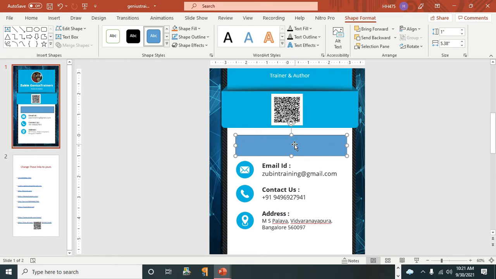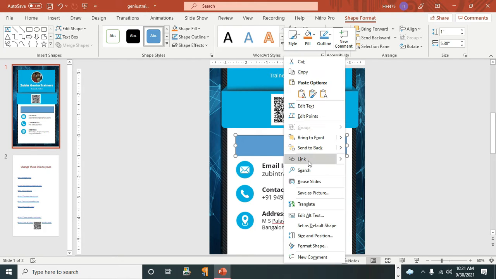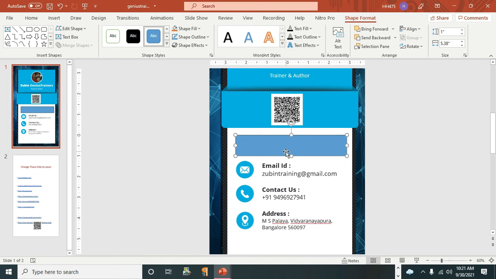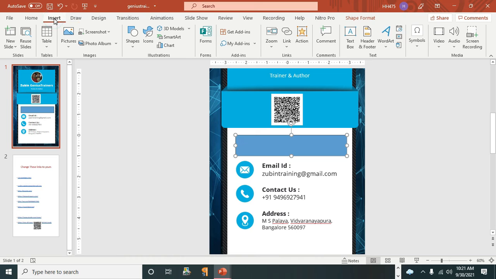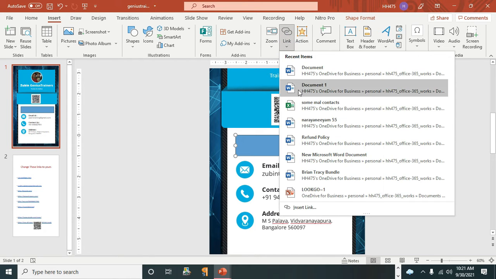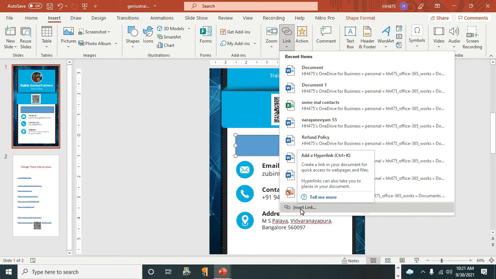Next step, in some PowerPoint, you can right click, and you can see an option for link. In some cases, that won't be there. In that case, go to insert, then choose link. Here, move down and you can see insert link option.